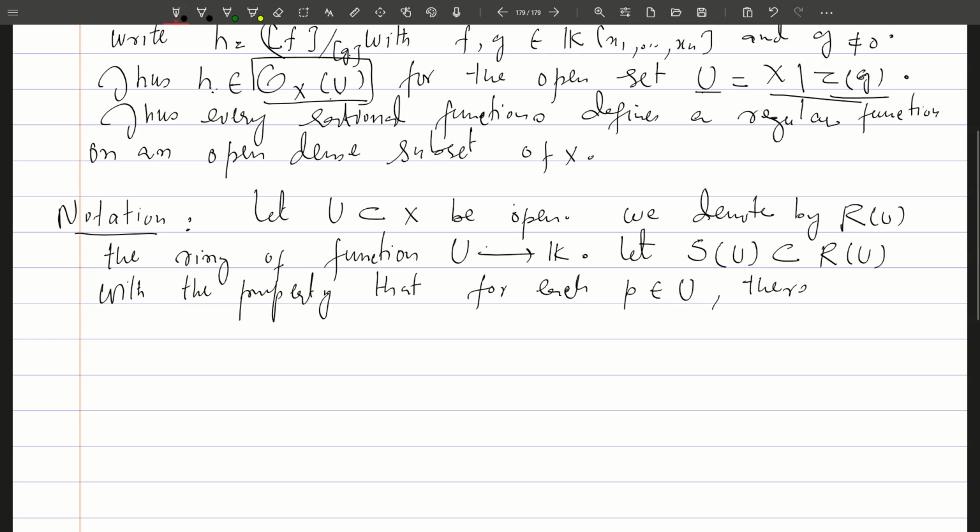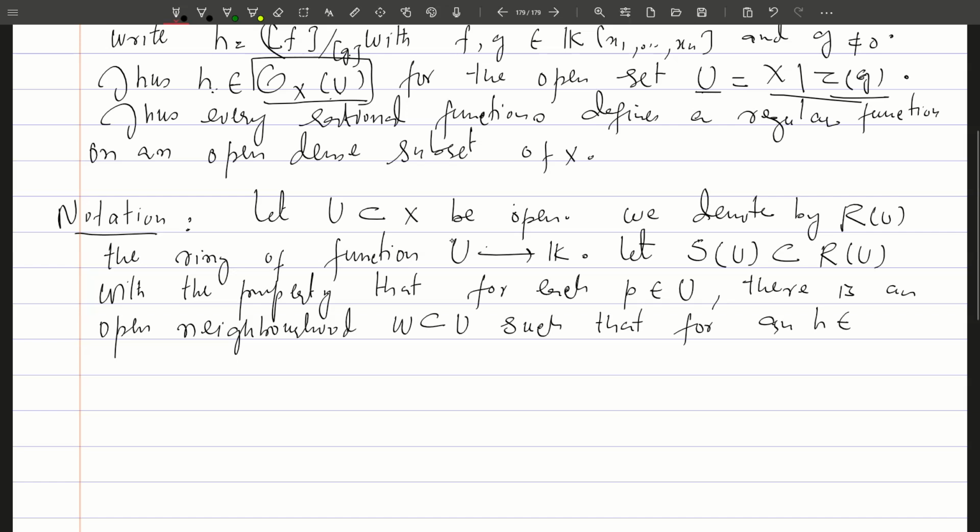There is an open neighborhood, say W contained in U, such that for each p in W, such that for any